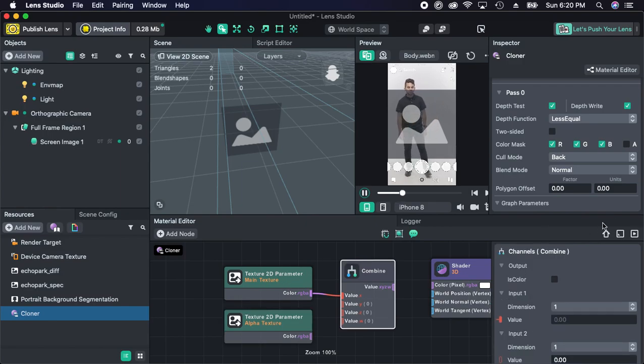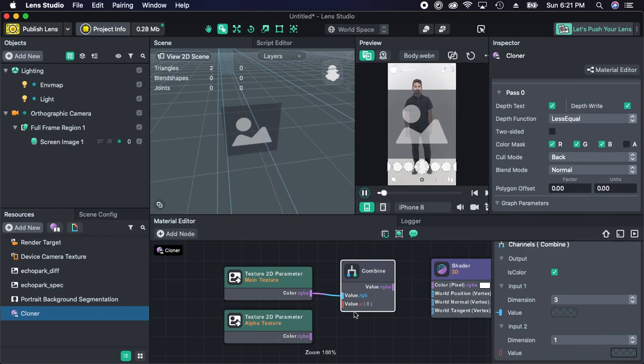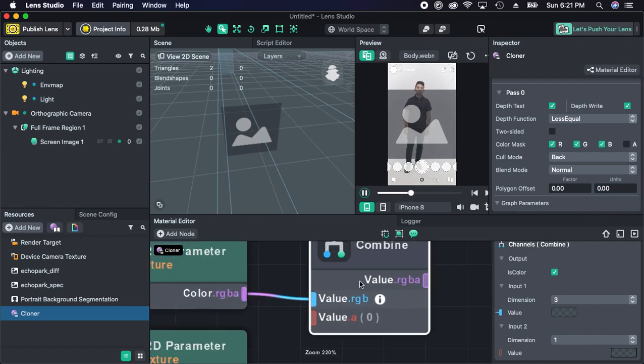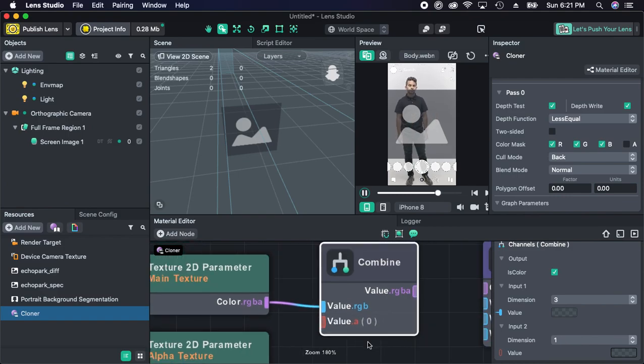Once I click on the combine over here, you can see multiple things on the combine part. We are going to deal with color, so I'm clicking on the color property. This is basically telling it that it is going to be a color. Once you are done, you can select the channel 3, that is RGB. Then you can see the alpha texture over here. If I zoom in, you can see we will only have RGB and directly alpha.